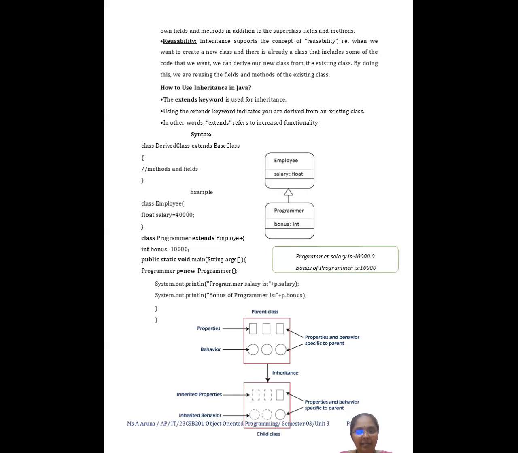A parent class will have certain behaviors and properties, that is, features specific to the parent class. It can be inherited by using the extends keyword. That particular behavior and those properties of my parent class can be used in my child classes in an inherited manner by using the extends keyword. It will also contain extra properties and behavior specific to my child class. This is how a parent and a child can be inherited, and this is how it works.